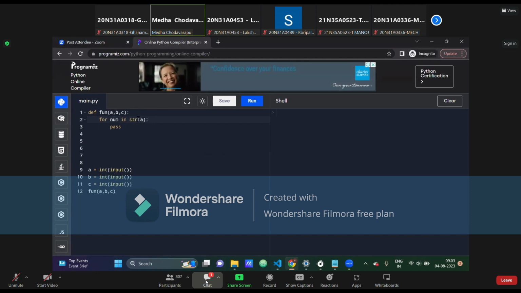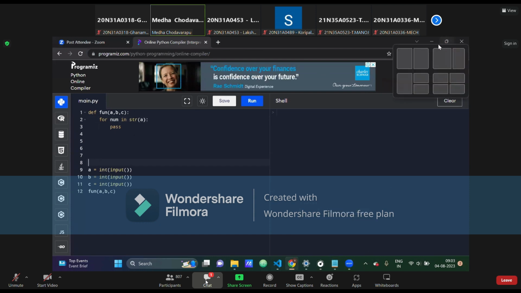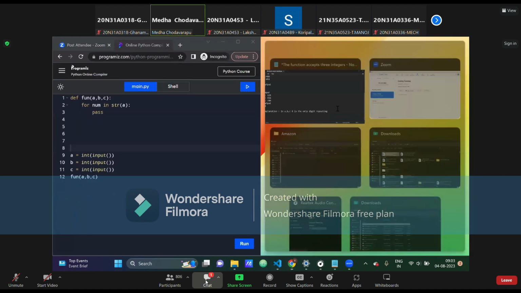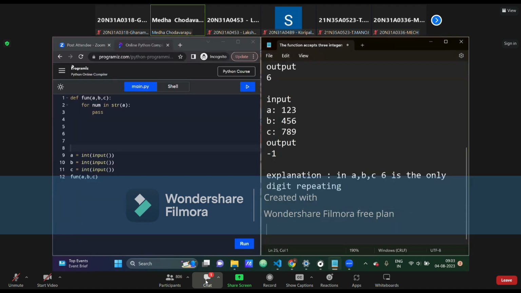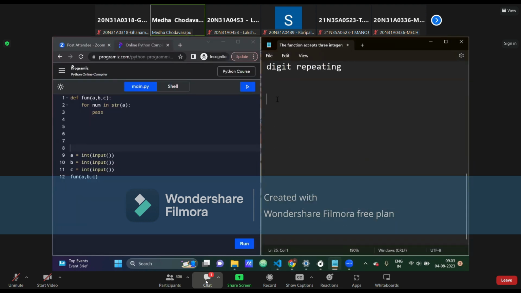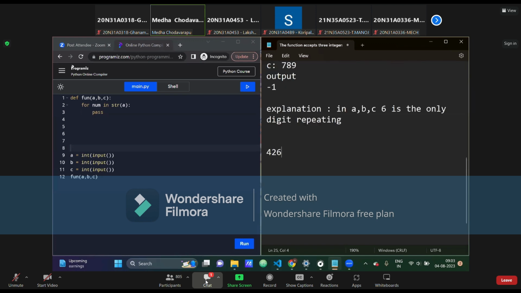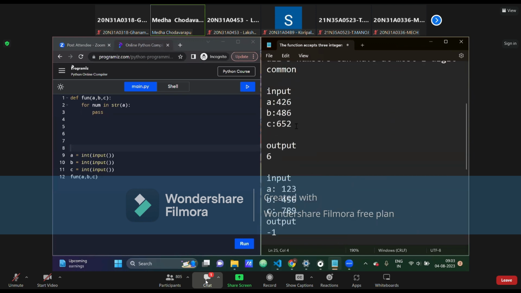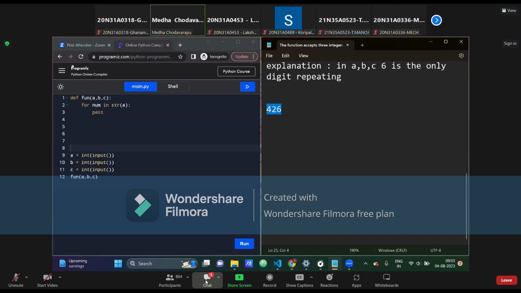Just a minute. For example, let me take a as 426. Let me copy paste this. Now if you look at the statement, what we are doing, we need to iterate